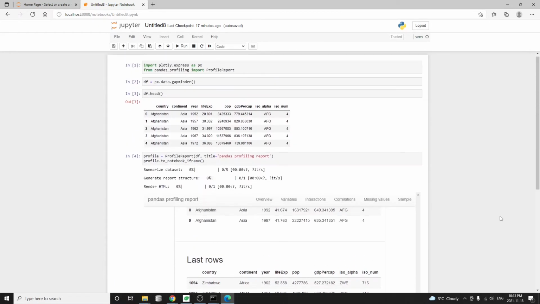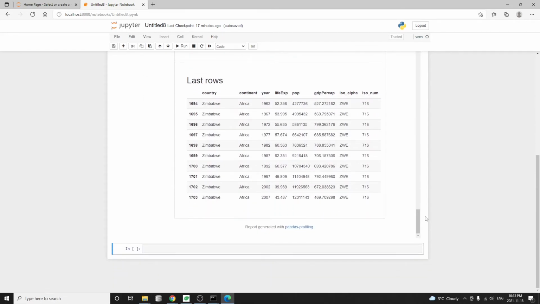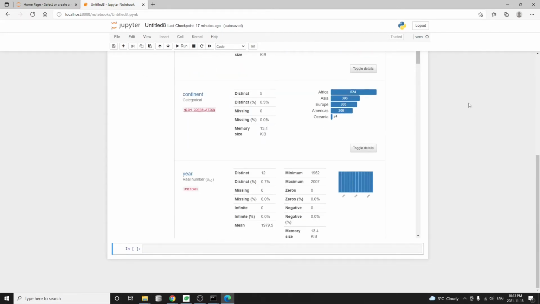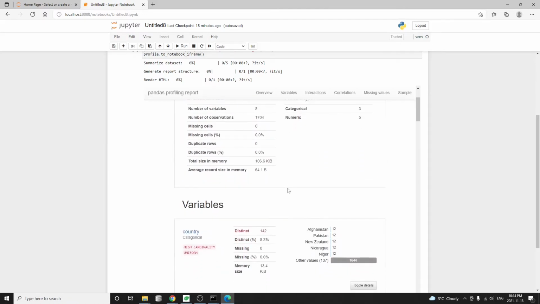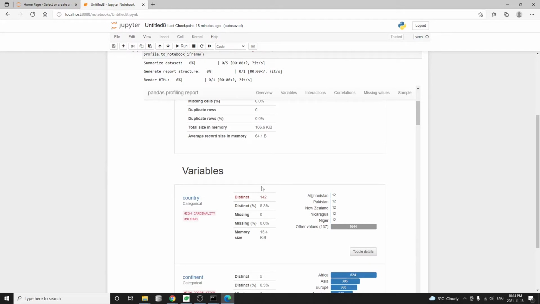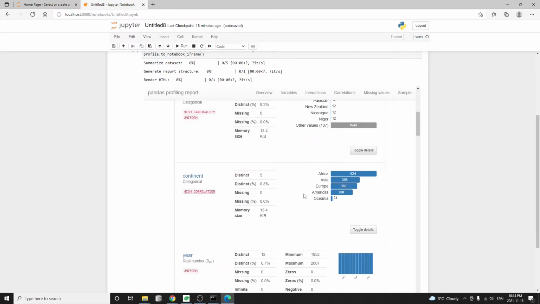So after viewing this report, we should have a pretty good understanding of the data we have, especially something like what kind of data types. For example, we have 3 categorical. We also have 5 other columns of numbers. And also by viewing the variables section, we'll be able to understand things like the minimum, maximum, and average values